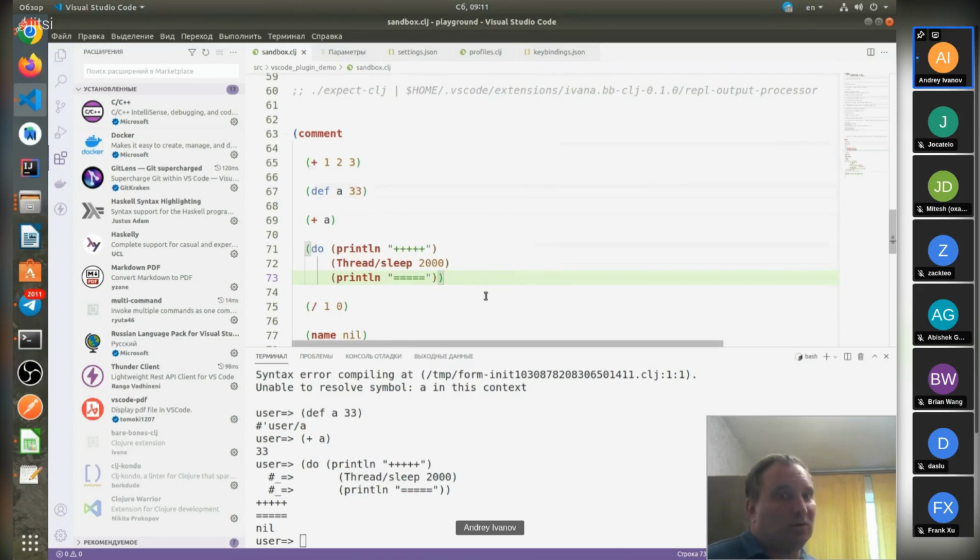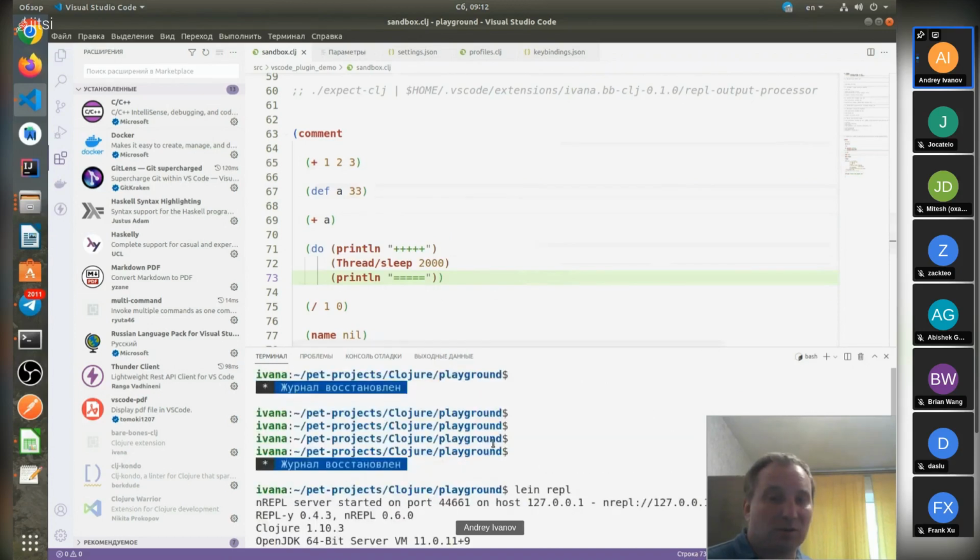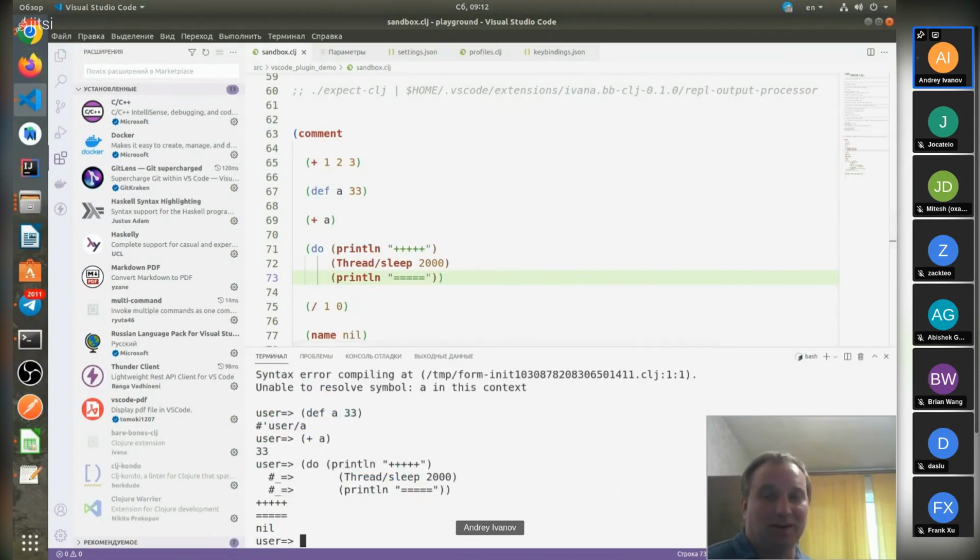And it was the core of my research then, and it was a very nice feature of Visual Studio itself. So we may not use any nREPL, any socket REPL, any REPL integrated parts. You see, nREPL server started on port 44661, but we are not using any nREPL or any other approach here. Yeah, but it's a very limited